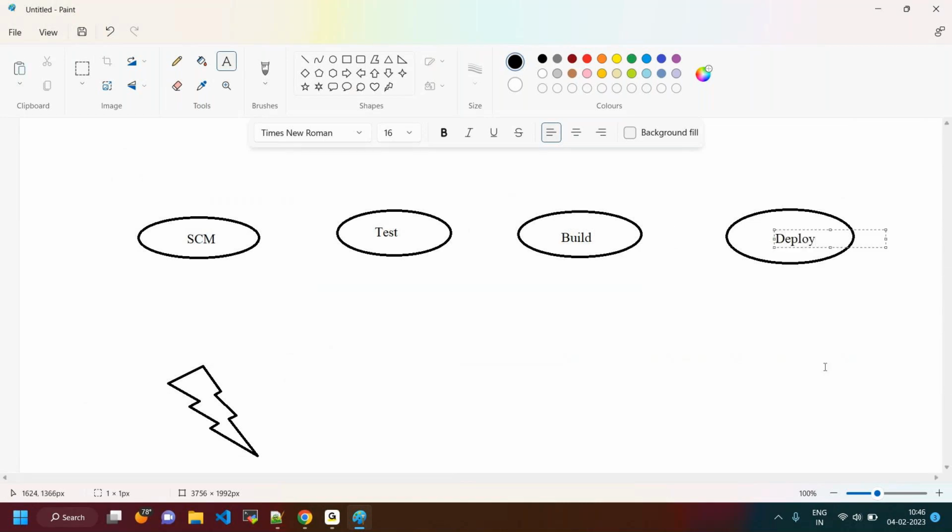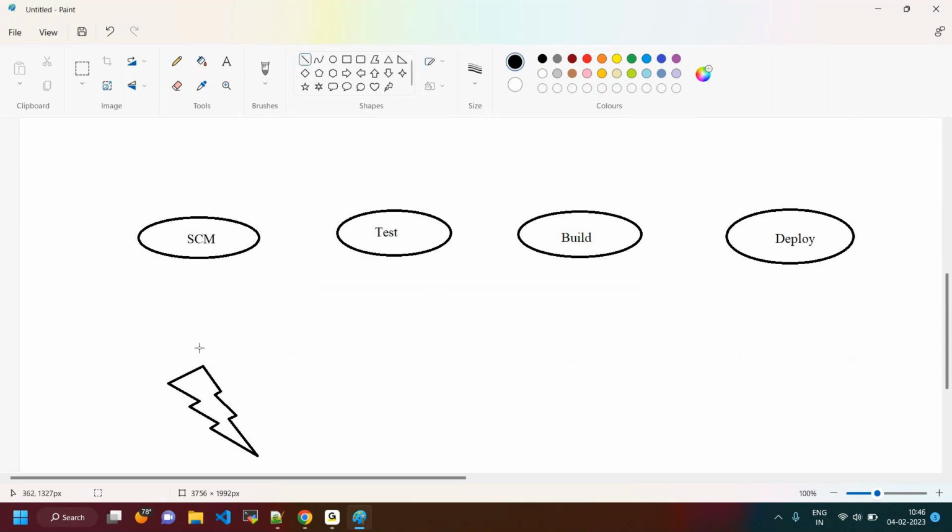Okay, and which particular tools are going to be used, one by one, we can see, so that you can get much clarity about your DevOps activities. This everything will be done by DevOps guys only. Just focus on this, and then once deployment is done, one more activity is there, that is monitor. Okay, monitor also came into the picture.